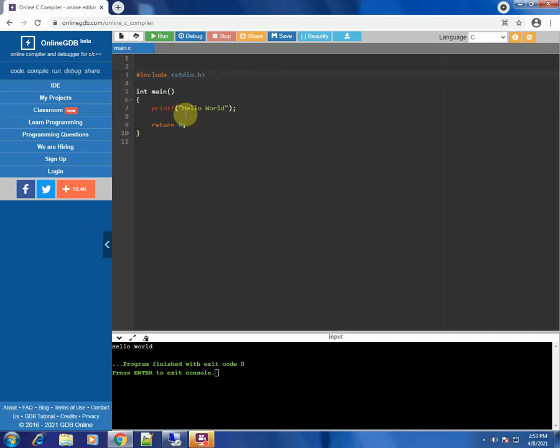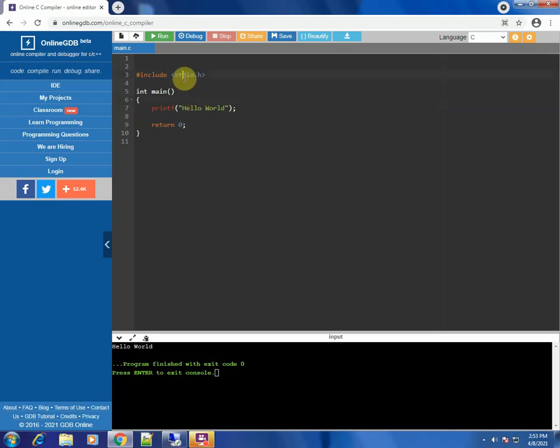Your C programs, or any kind of program, C++ or Java, cannot work without header files. They require some files for the purpose of getting some functions or other information imported into your program. Hence, these header files are very important.